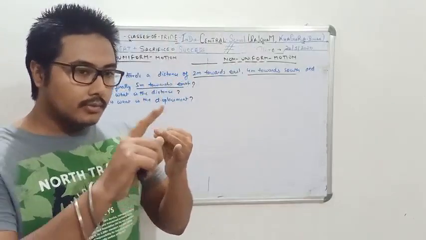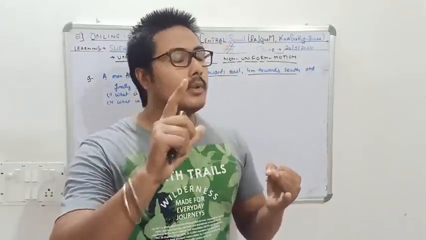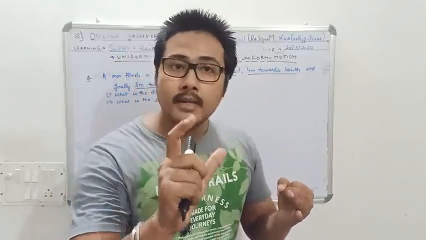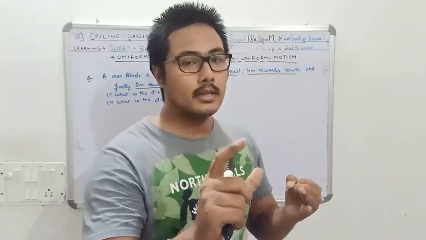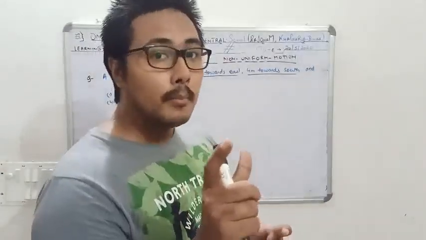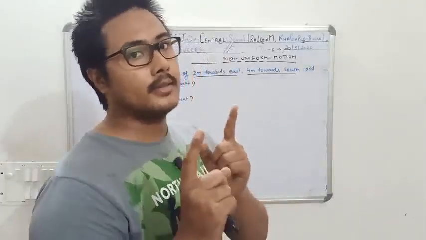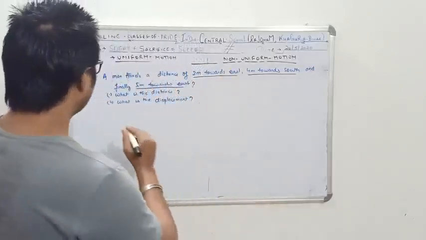Distance is the total length of the path covered irrespective of direction. Very important, you need to always keep in mind that direction is not a concern in terms of distance. But what is displacement? Displacement is the shortest path between any two given points. Keeping this in mind, also keep in mind